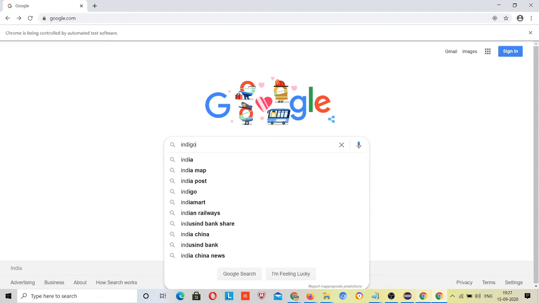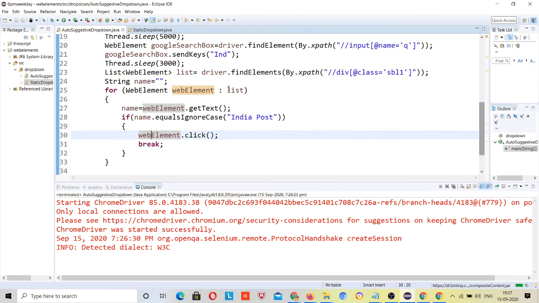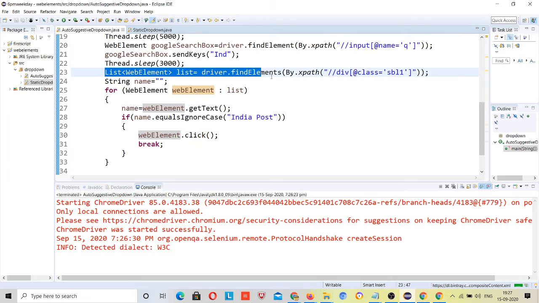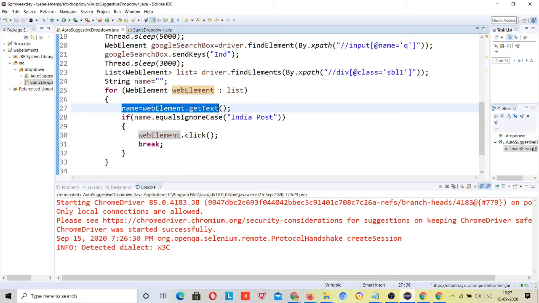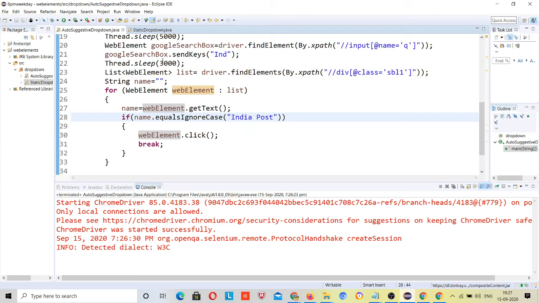So in this code I was telling that you get all the results in this list and just print them, right? But here I have some conditions that if you find this India Post, click on it. But you have to get the whole list.